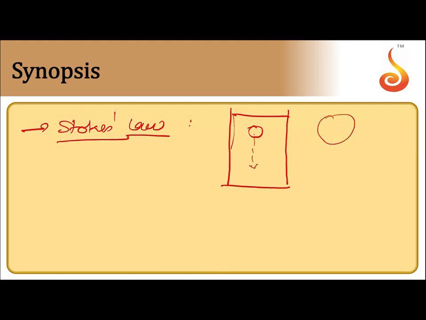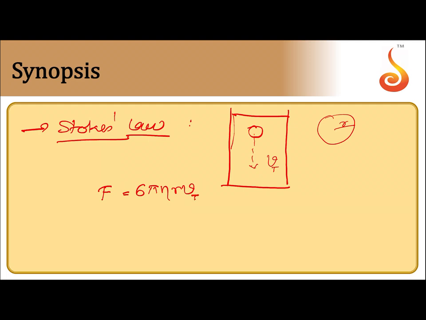Let's assume that the steel sphere is of radius r and it is falling at a terminal velocity vt. Terminal velocity means constant velocity. Then Stokes' law tells us that the viscous force is equal to 6 pi eta r v,